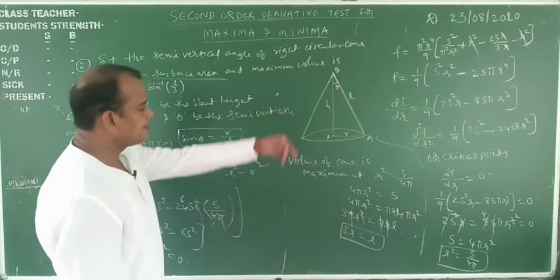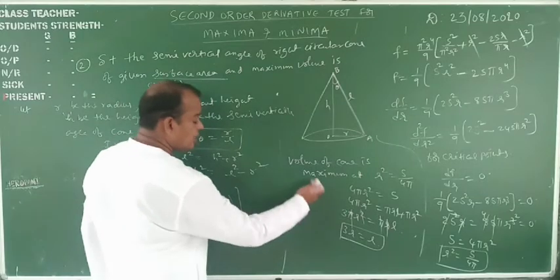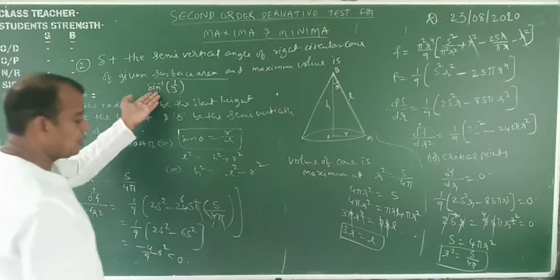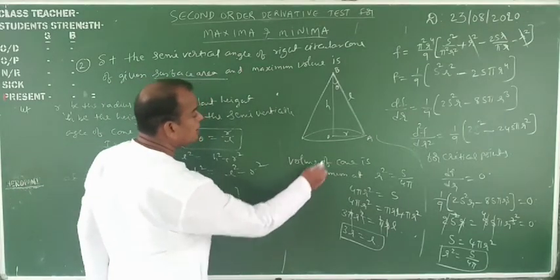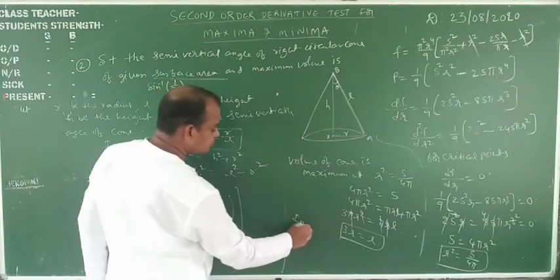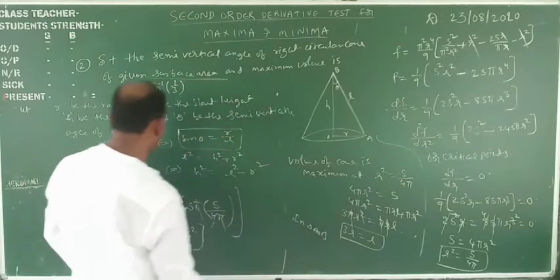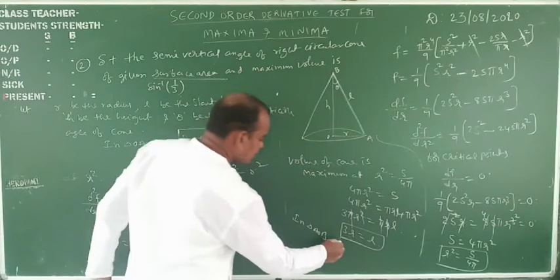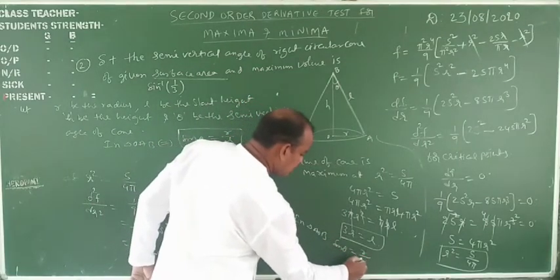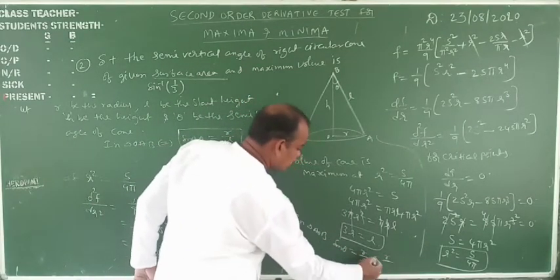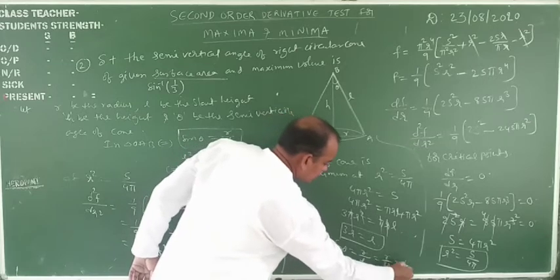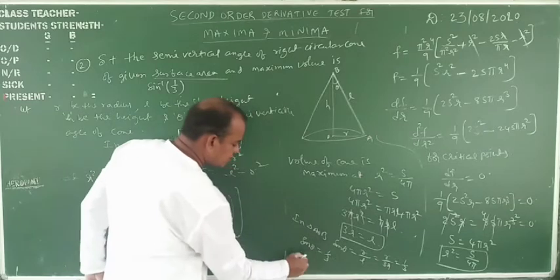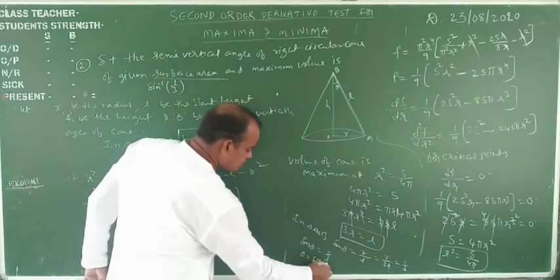Now from this diagram, sin theta, what happened? Already maximum is over. Now you have to show that vertical angle. We have discussed about the vertical angle. From this one, sin theta is equal, in triangle AOB. Already before, in triangle AOB, sin theta equal how much? r by l. Sin theta is equal to r by l. That equal r by l means 3r, that equal 1 by 3. Now sin theta is equal to 1 by 3. Theta is equal to how much? Sin inverse of 1 by 3.